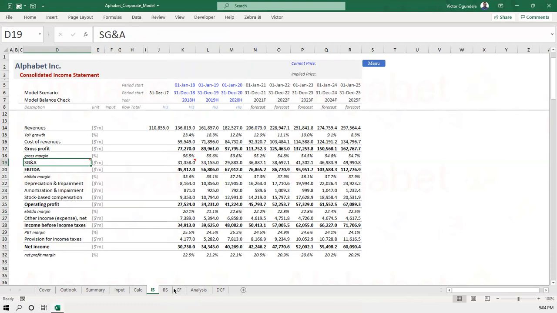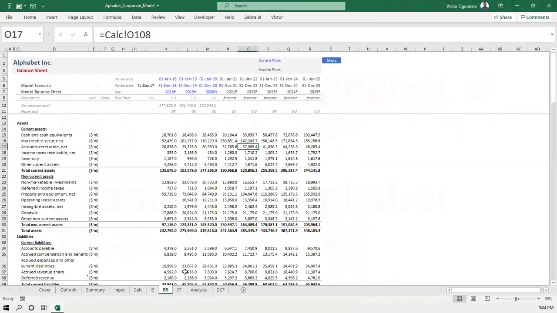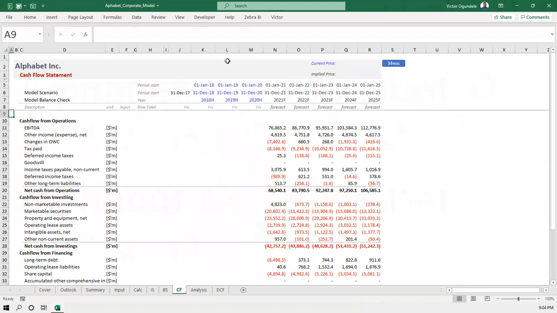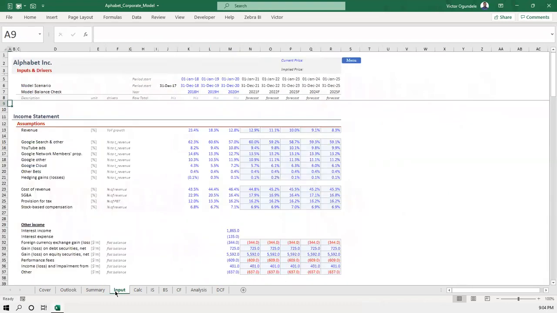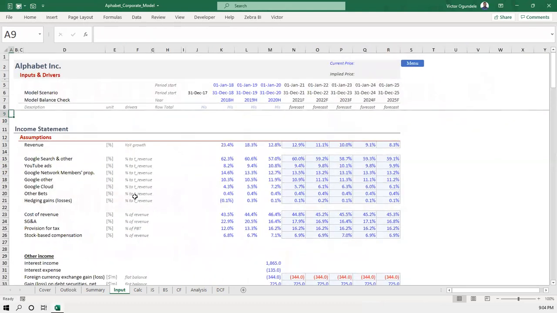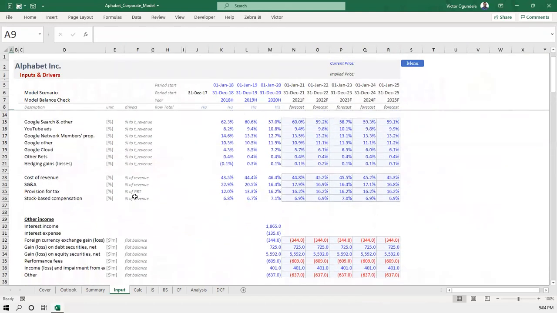I can share this with you as well. You also extract your balance sheet historical. Most times for cash flow, you really don't need the historical. So after that, you now go to your income statement. You go to your inputs. This is where you now start dealing with those assumptions.